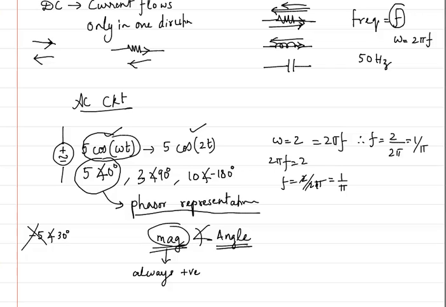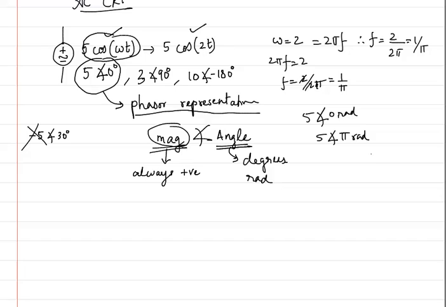The second is the angle part. Now the angle part may be written either in degrees or even in radians. If it is written in radians, it may be pi angle 0 radians, or let's say pi angle pi radians. You should always remember how to convert radians into degrees. But don't worry, most of the time this representation will not be there. Most of the time it will be either this representation or this representation.